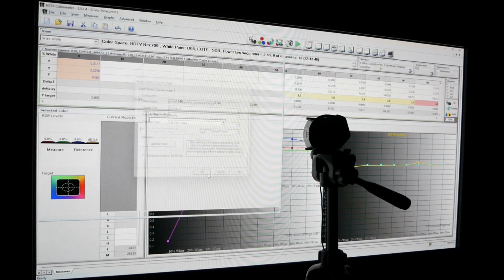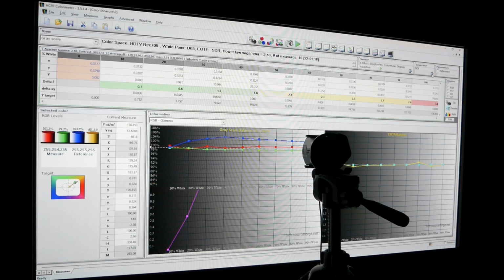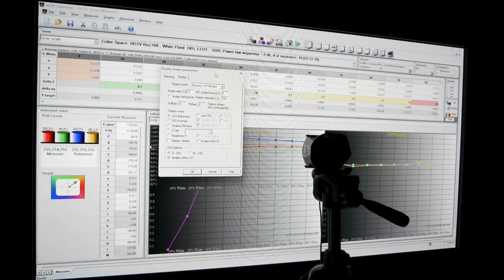so hit OK. Go over here to generator settings. Bring it over here so you guys can see better. Image area here, 18%. GDI options, 0 to 255. Disable video LUT. Turn off display triplets unless you're using contact. Then it won't matter. Doesn't really matter either way, but I like to turn them off because I'm measuring a larger area because my meter is far away from the screen. Also for burn-in, if you're calibrating a lot, maybe those eventually burn in the spot that you're measuring. Not a huge deal though. So hit OK, and then